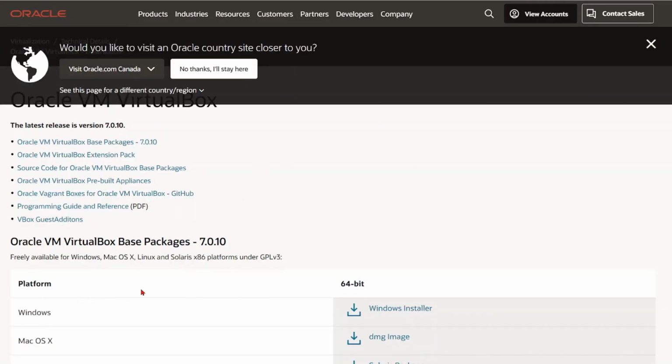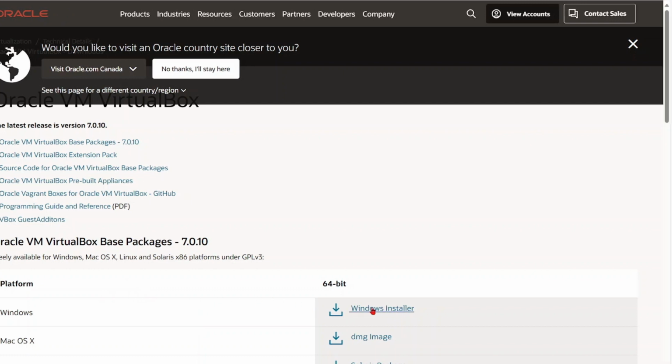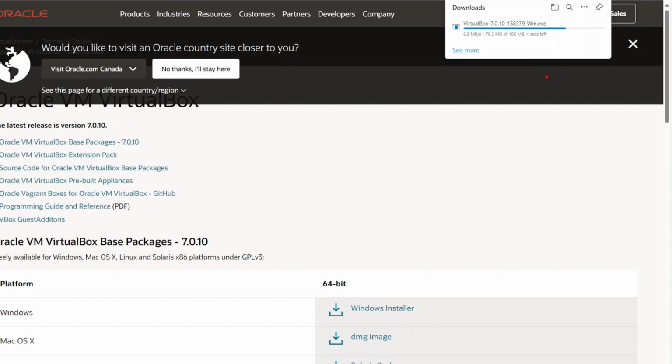Scroll down and select the package for your operating system. So I'm going to go with the Windows installer. The download has been initiated. And once the download has been completed, what you need to do is go to the folder and open the